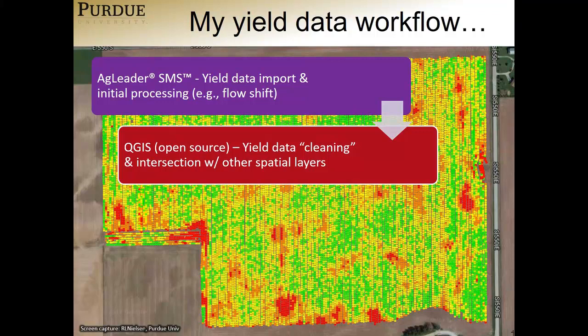And there's a USDA program called Yield Editor that is sort of a, how do I say it? It's a close your eyes and do it kind of program. And you can use default settings, and it'll go in and remove all these unusual kind of areas. I prefer to know what I'm removing, so I use an open source GIS program called QGIS that allows me to clean the yield data,